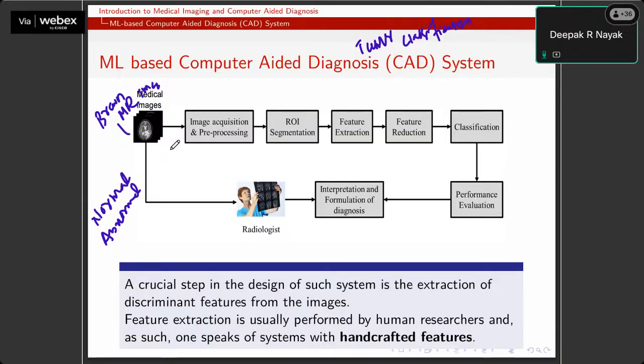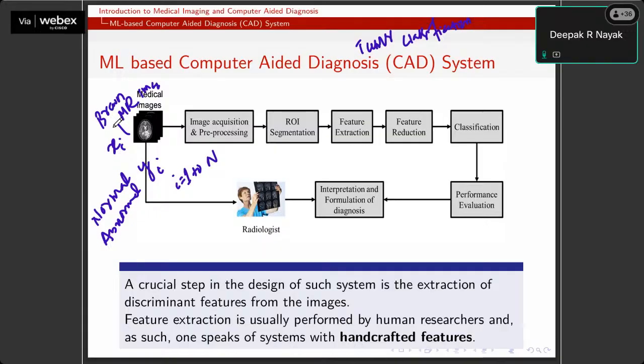So how do we solve this problem with traditional machine learning? What is given to me is a set of MR images, that is X. A set of training images is given to me, and also the corresponding labels. These are X_i and Y_i, where i varies from 1 to N, and capital N is the total number of training images I have. So this is X and this is Y.